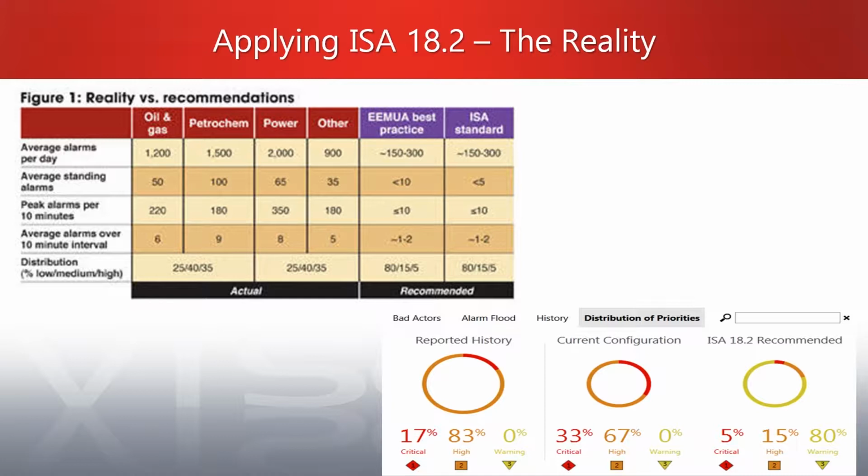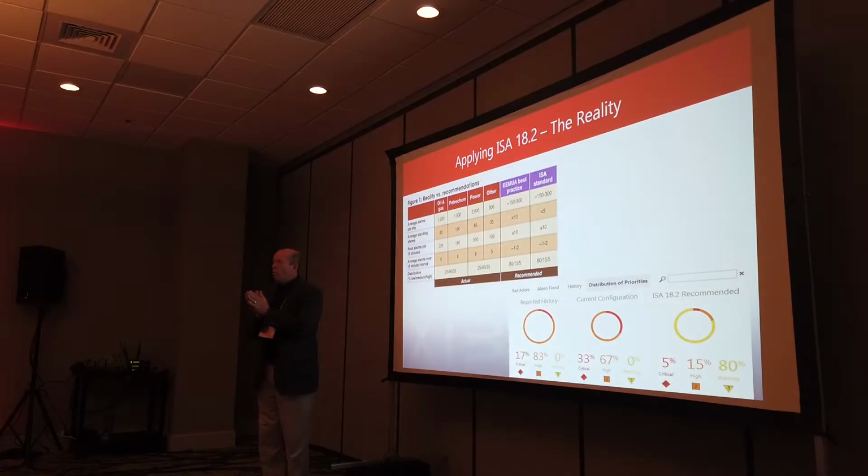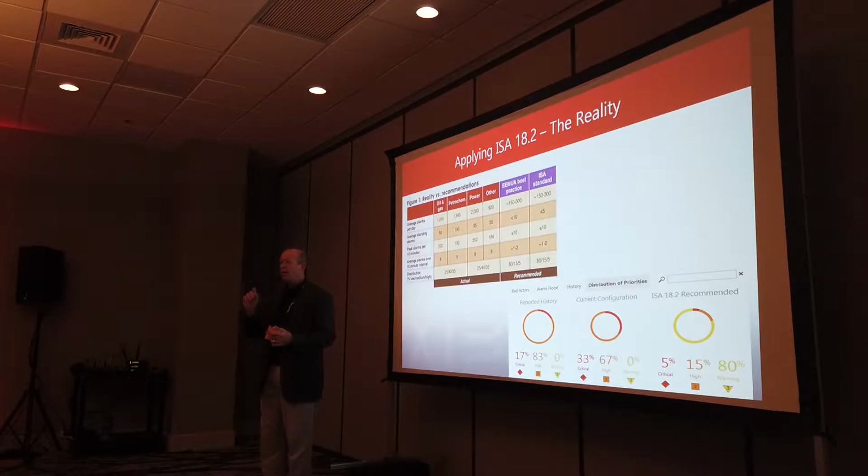Peak alarms per 10 minutes, it says, as many as 180 coming in in a 10-minute interval. And then here's another average of 5. That'd be the average number coming in over 10 minutes. That would be 1 every 2 minutes, wouldn't it? Then forget the distribution. What they realized is that an average operator could handle 1 alarm every 2 minutes at the most. So what does that really mean? It means that the alarm comes in, they would acknowledge the alarm, and then take the appropriate action based upon that alarm.